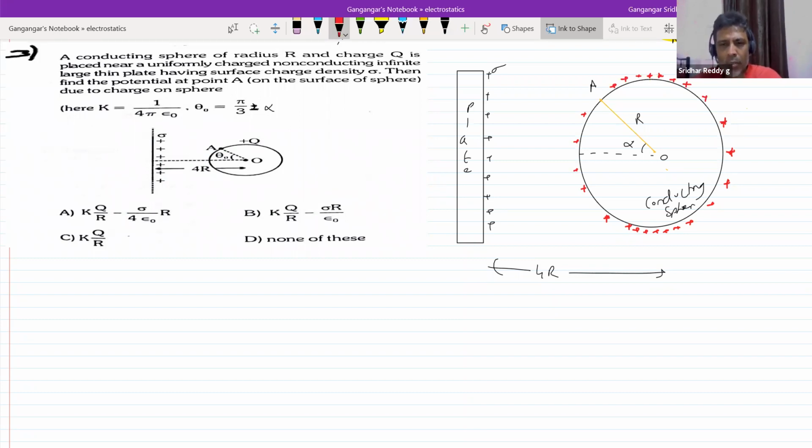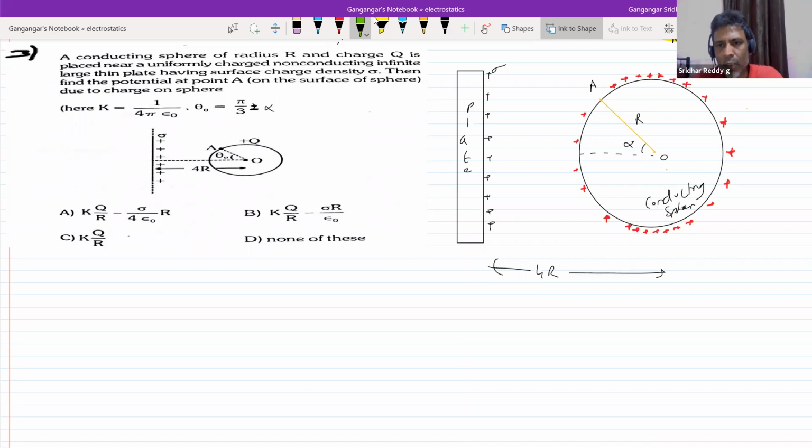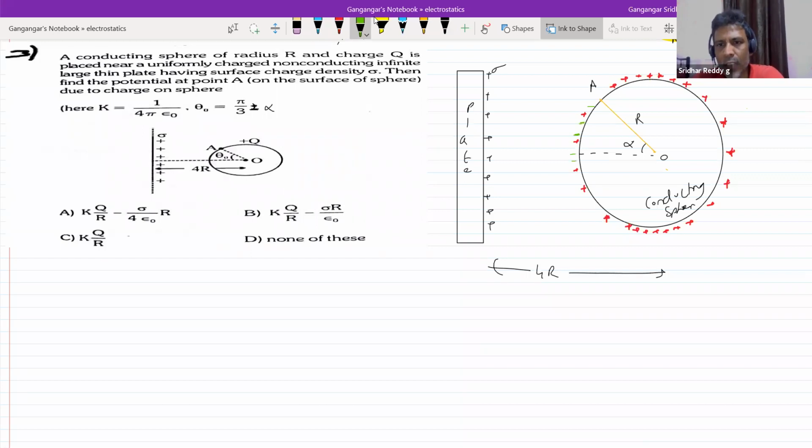First, potential at point O. The net potential at point O due to induced charge, due to charge on the plate, plus due to total charge on the sphere. So what all charge is induced? There will be charge induced. This plate will induce a charge minus Q and plus Q. For your convenience only. Actually, I should not draw this. So the resultant charge is what you actually have to show. So to make you understand, I'm just putting it here.